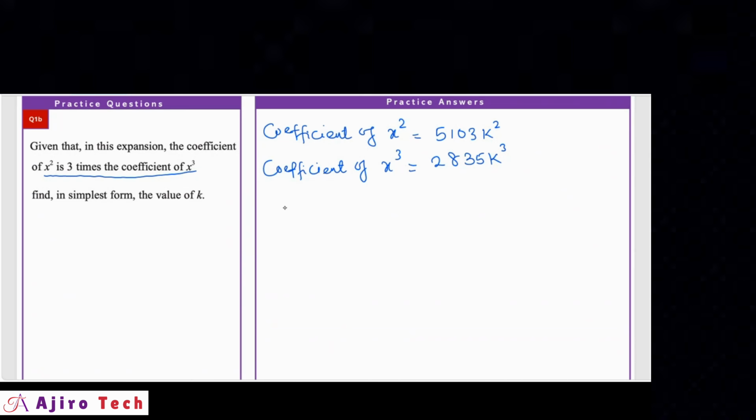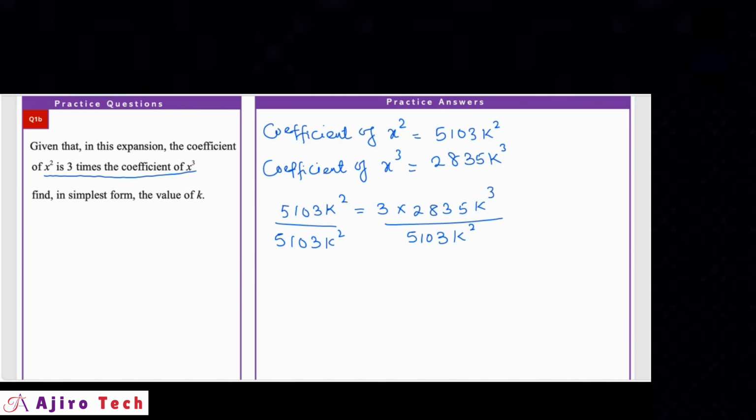So we are saying that 5,103 k squared is 3 multiplied by 2,835 k cubed. So we have to find the value of k. If we decide to divide both sides by 5,103 k squared,